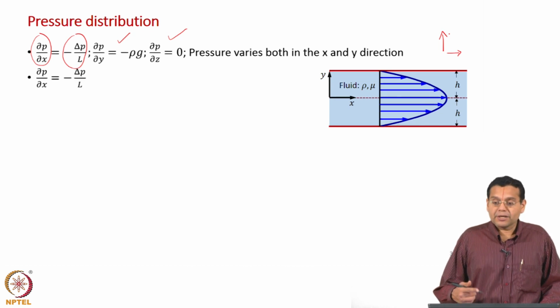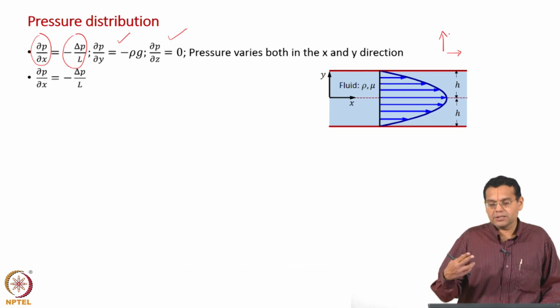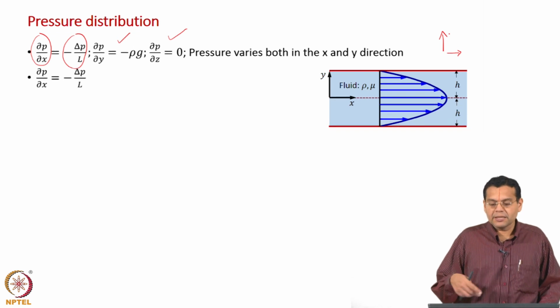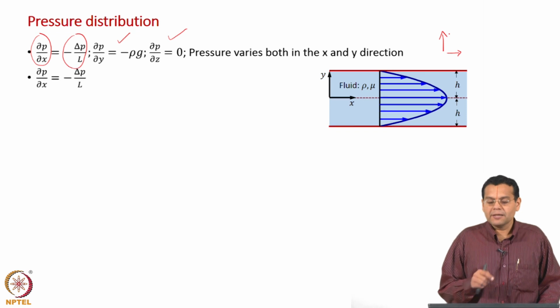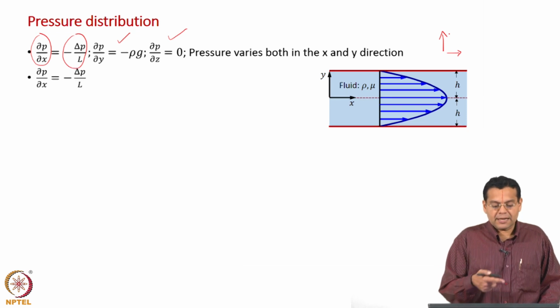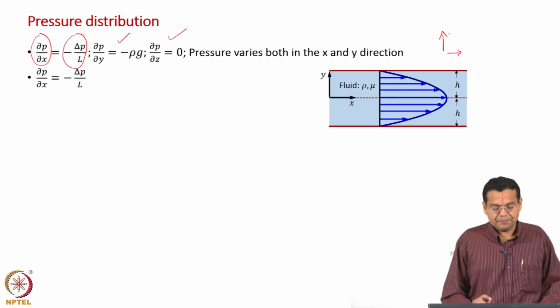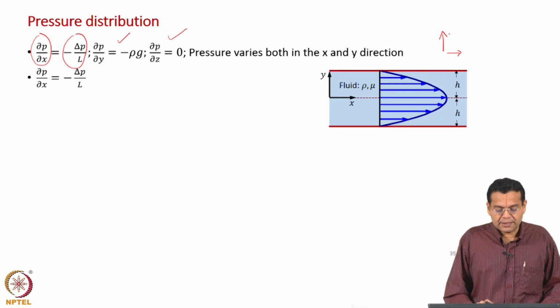After the irrotational form of Bernoulli equation, we derived Bernoulli's equation both for rotational and irrotational. The example which we discussed after discussing irrotational Bernoulli's equation, the steps there and the steps here are the same. Okay. So, let us start with the pressure gradient in the x direction, which is minus delta p by L.